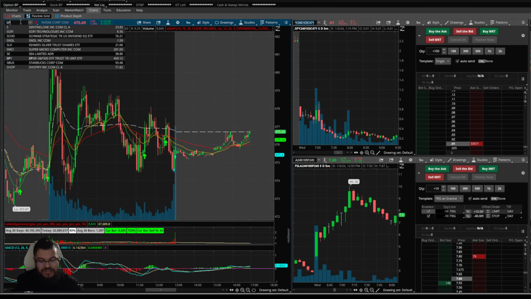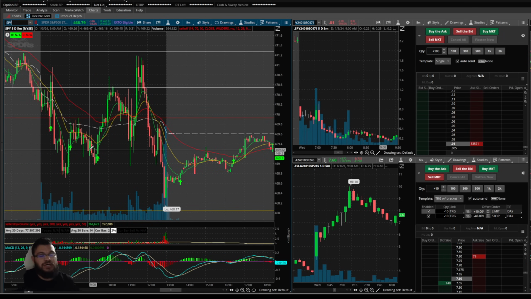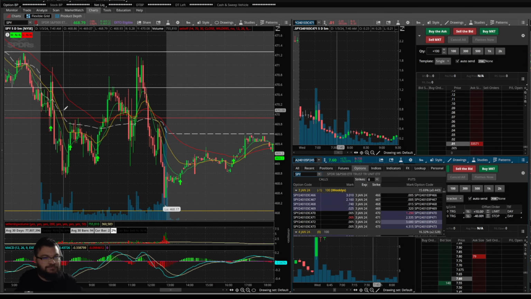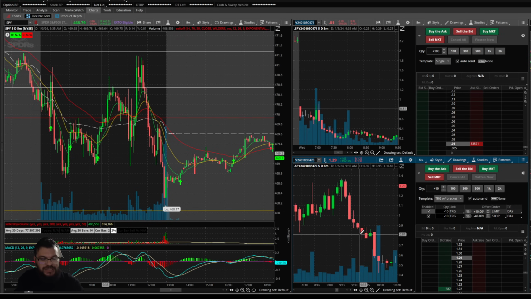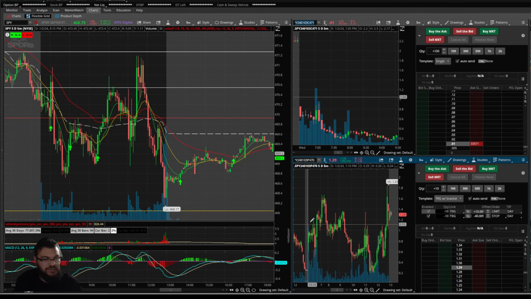Me specifically, I try and focus as much as possible on only trading SPY, just because I like that zero DTE. I like being able to have zero DTE every day, and that just means there's more risk, and I want to take on more risk because there's potentially better return. Obviously, for this particular day, it was not the case because these premiums were terrible, and the action today was terrible. But hey, it's okay. There are other days that I can trade.